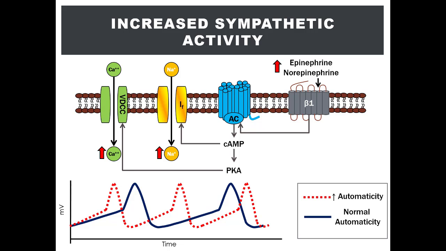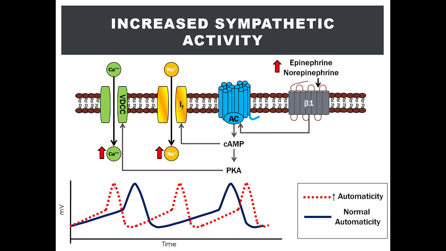So if I asked a question on the test, which of the following ways describes how sympathetic activity increases heart rate, the potential answers would be an increase in epinephrine and norepinephrine release and binding to the SA node beta-1 adrenergic receptors, increased influx of positively charged sodium and calcium ions, increased rate of depolarization, and action potential generation in the SA node.